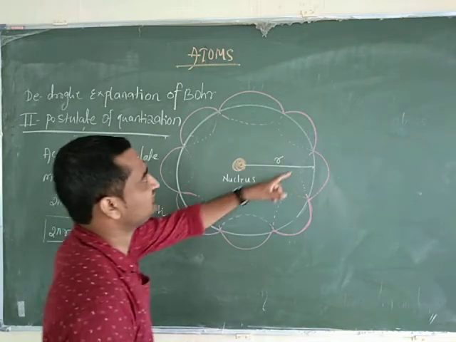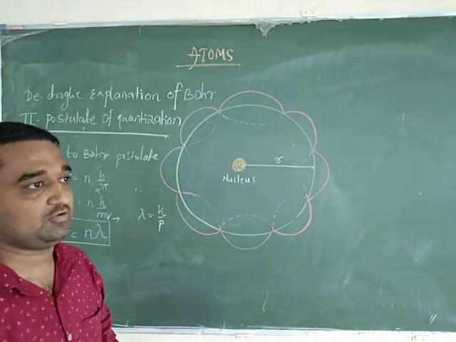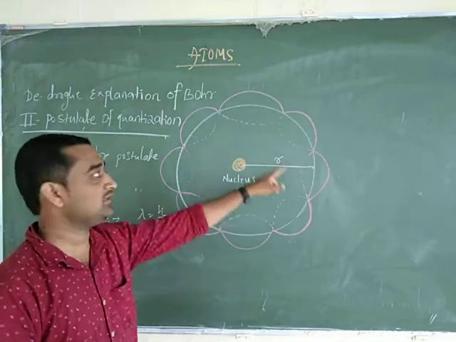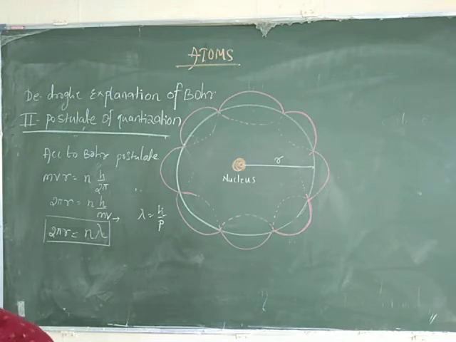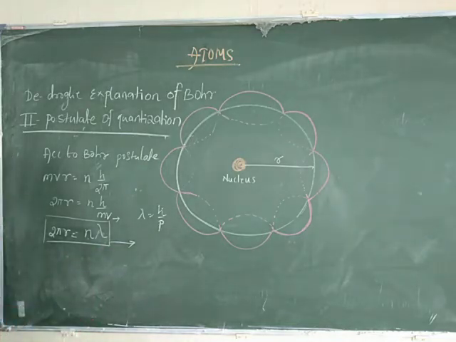As the electron is revolving around the nucleus in a certain stable orbit, the circumference of the orbit is equal to an integral multiple of the electron wavelength. So this is the de Broglie explanation of Bohr's second